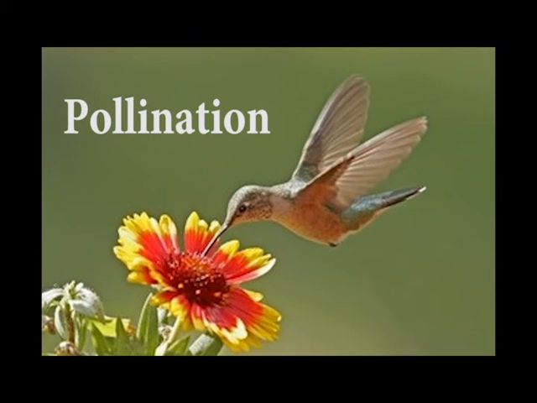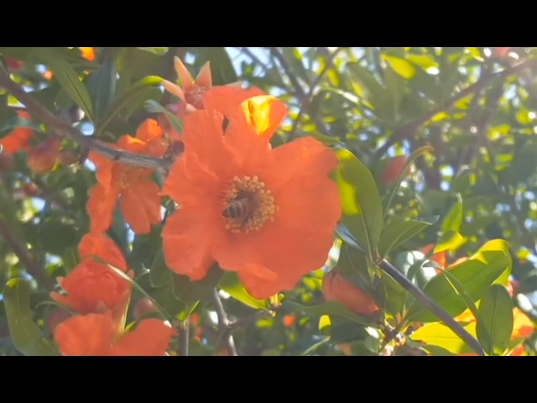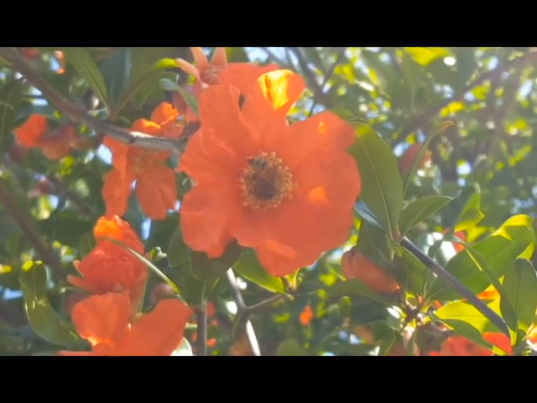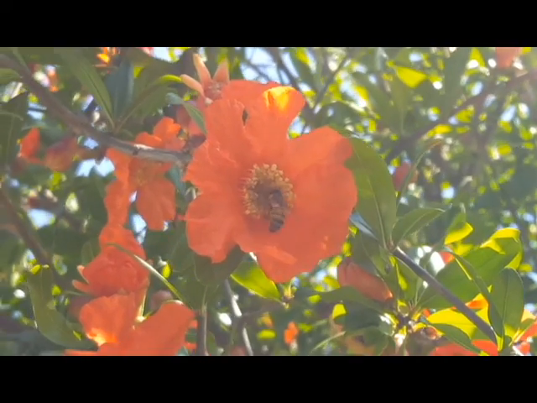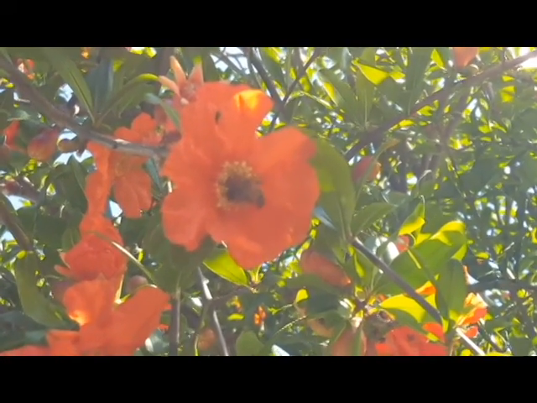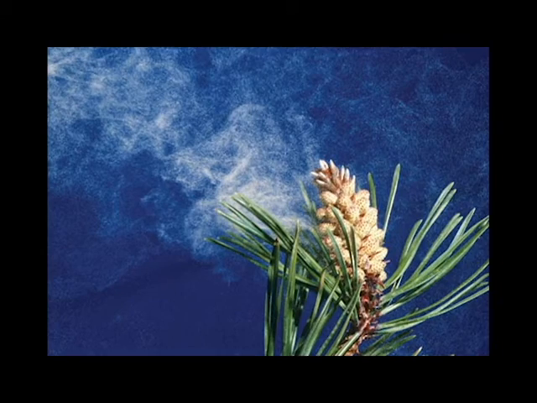Pollination. Pollination is carried out in two ways. Insect pollination, where the insect transfers the pollen from one flower to another, or within the same flower if it is male and female. Wind. Wind will pick up the pollen from one flower and scatter it where it will be caught on the stigma